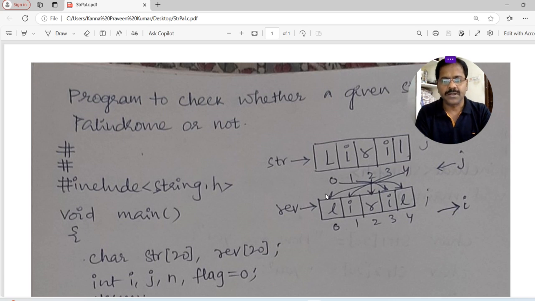Next, I am going to check whether a given string is a palindrome or not. For that, if I reverse this string and it is equal to the original string, what will be there? Literal only. You see here, L I R I L. The reverse string is equal to the original string. So whenever the reverse string is equal to the original string, that is a string palindrome, unless it is not a